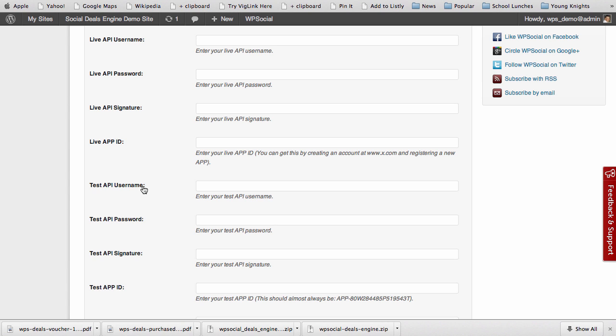Okay, same exact thing. The difference is then your live app ID and your test app ID are two different IDs, app IDs, and they come from the developer account at developer.paypal.com, which also used to be and still is x.com because they're in beta right now. So go ahead and go to your PayPal account,